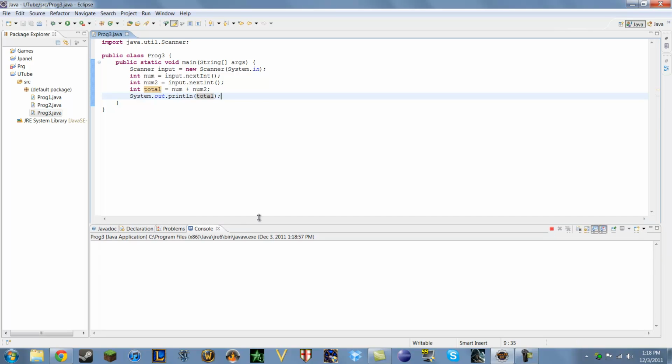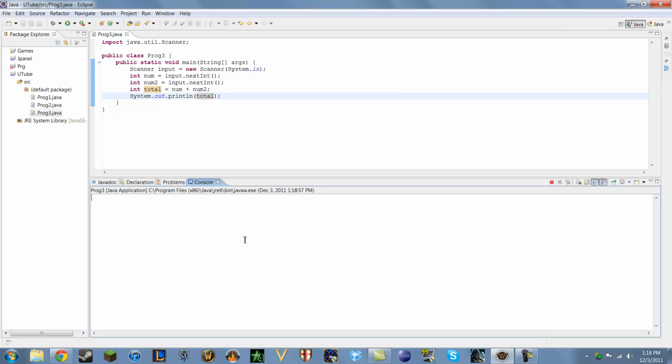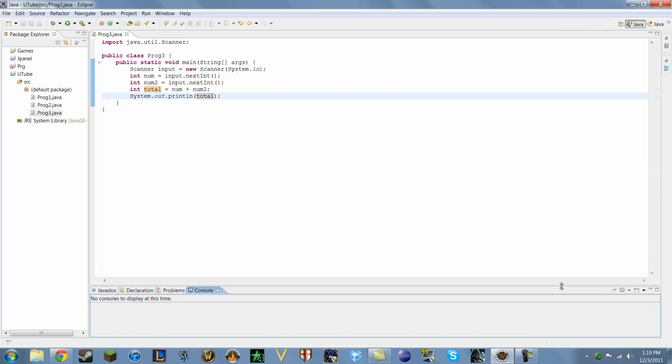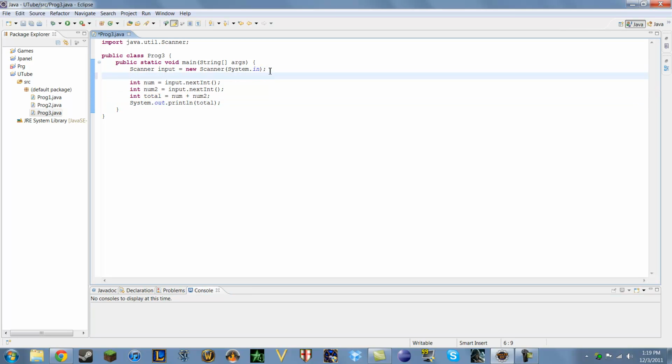Inside of our console, it'll show up. You can tell it's running by this icon right there. What you want to do is type in two numbers. So 2 and 4. Well, we kind of want it to be a bit simpler for the user, because you don't want to confuse the person. So what you want to do is